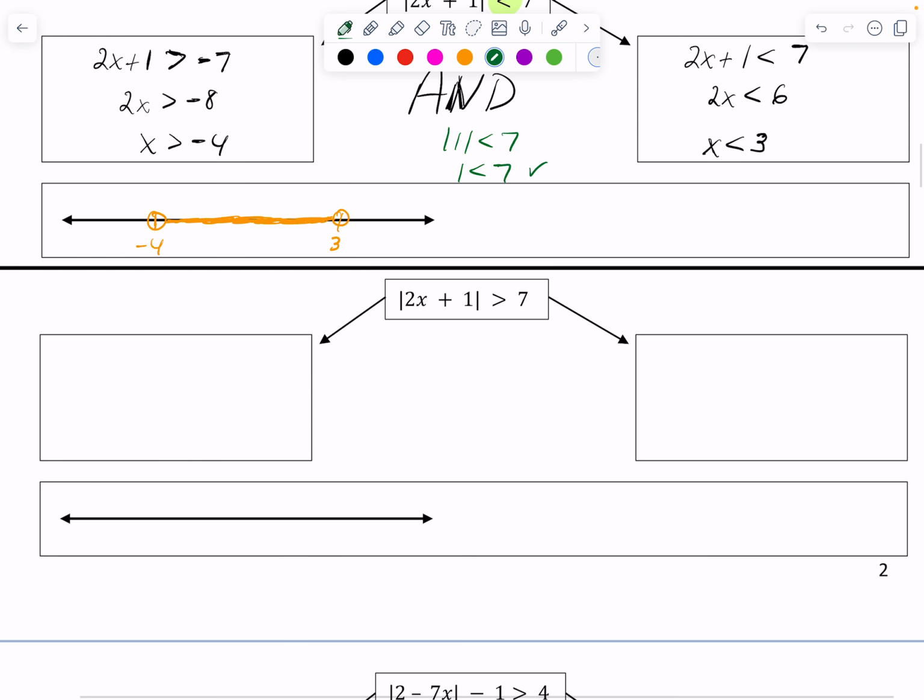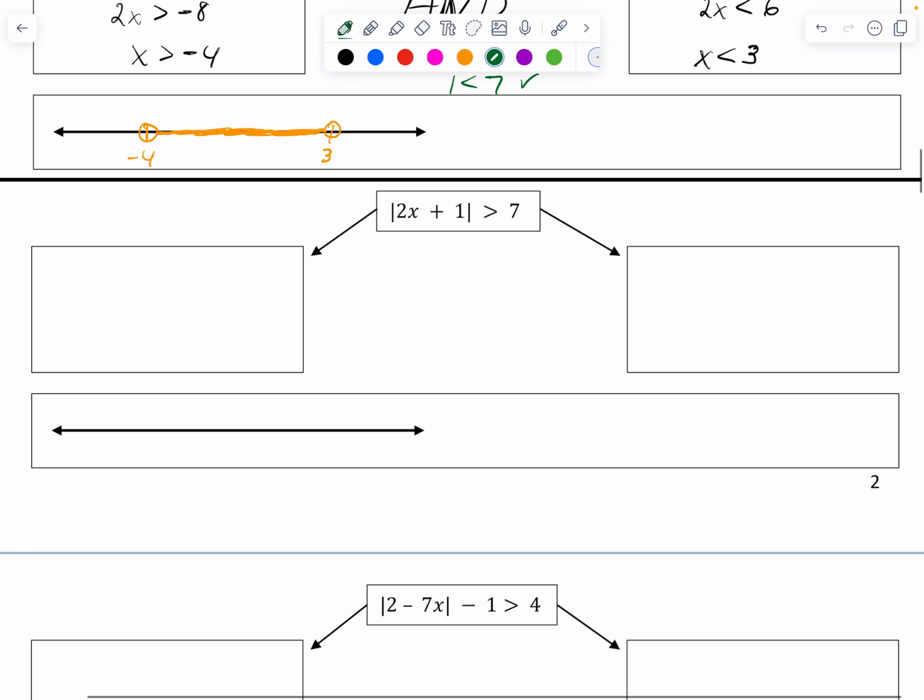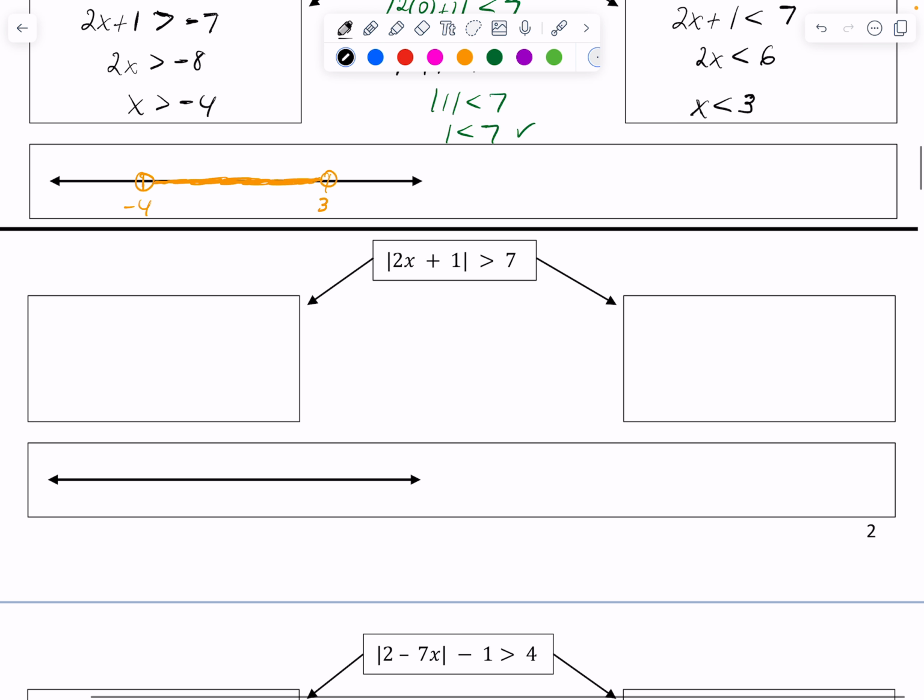Now, the next one is very similar, except we have the greater than symbol. So when you have the greater than symbol, you're going to think greater than. So greater. All right? So use the word or. This is called a disjunction. Right, 2x plus 1 is greater than 7 on the right-hand side. Notice the absolute value symbol is gone. On the left-hand side, right, 2x plus 1, and then this is going to be less than, right, the other